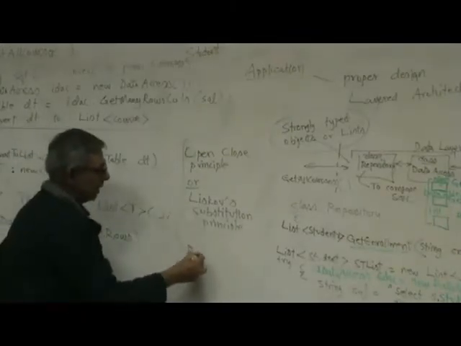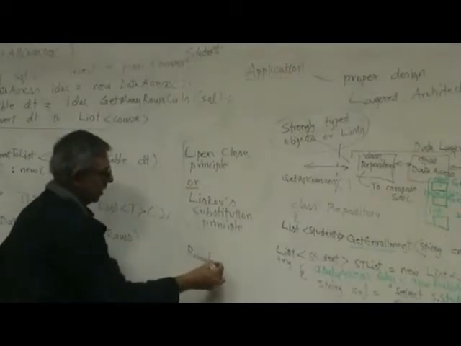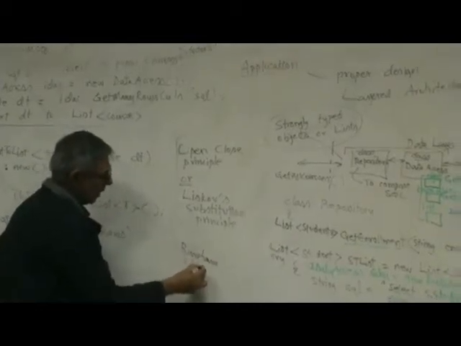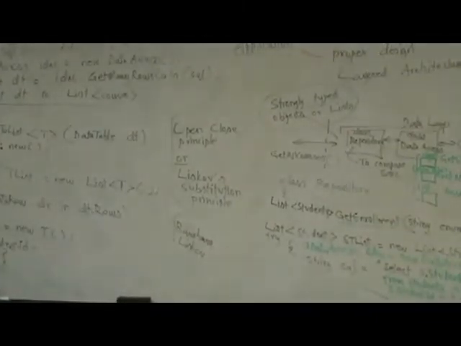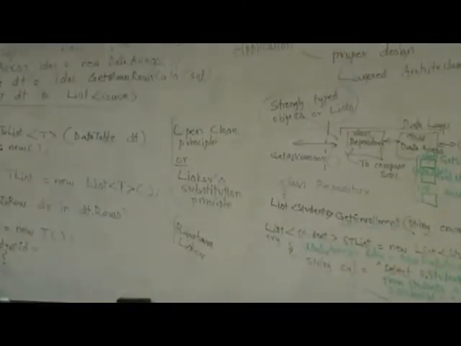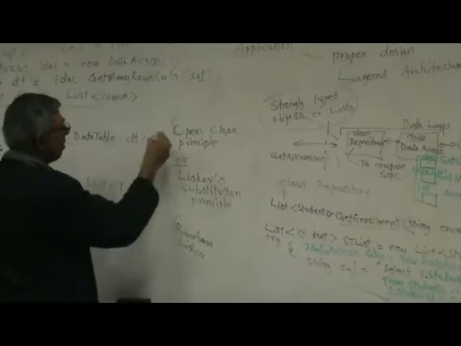Her name is Barbara Liskov. Okay. So anyway, she wrote a complicated research paper with a lot of theorems and proofs. If you read it, you'll be totally confused. Okay. So I'll explain it in very, very simple terms. In very, very simple terms, both open-close principle and Liskov's substitution principle basically mean